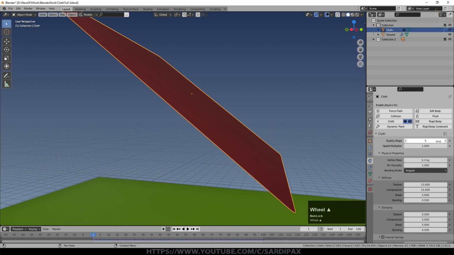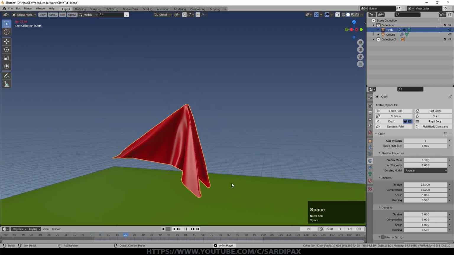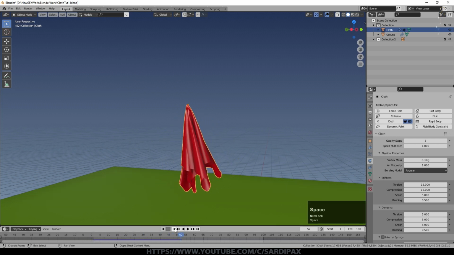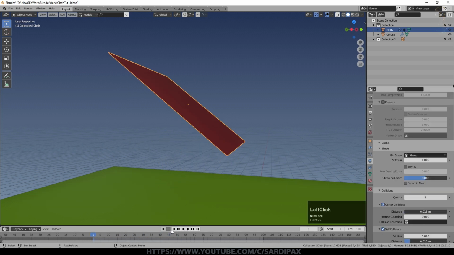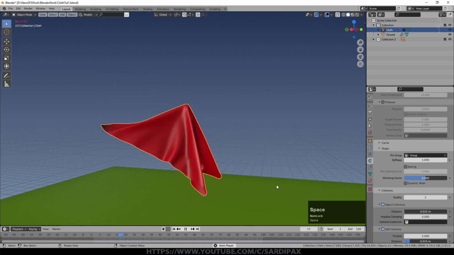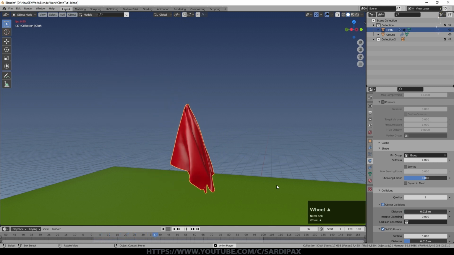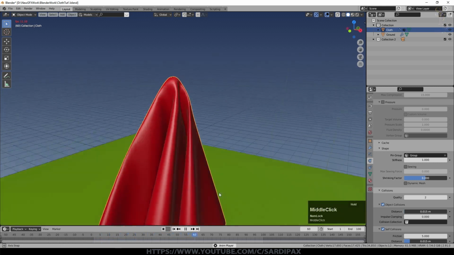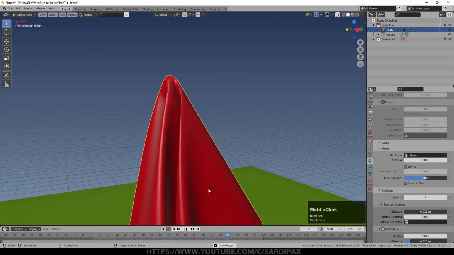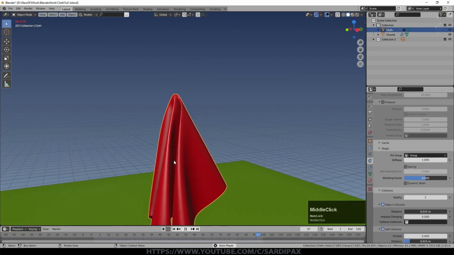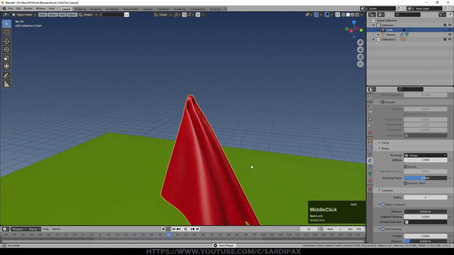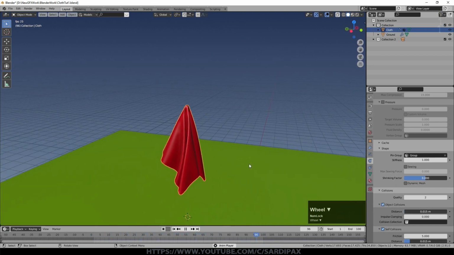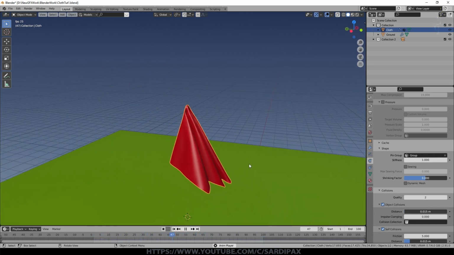An easy way to force it is just to change things like the quality steps up here, and I've just changed it back again, but you can see the cache has vanished. So now when I press play, it will resimulate, or it will try to. Somewhere along the line I didn't turn on self collisions there. So you can now see it's not passing through itself. You will still occasionally get bugs. None of these physics simulations are 100% perfect, but it's now behaving a little more naturally.